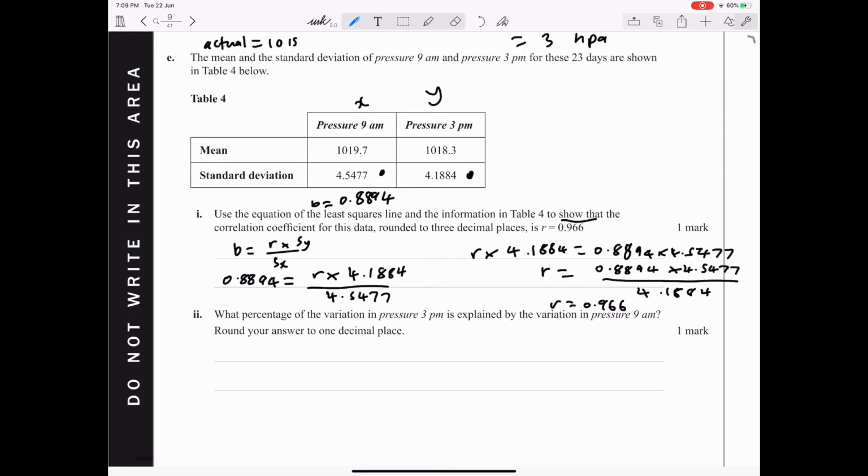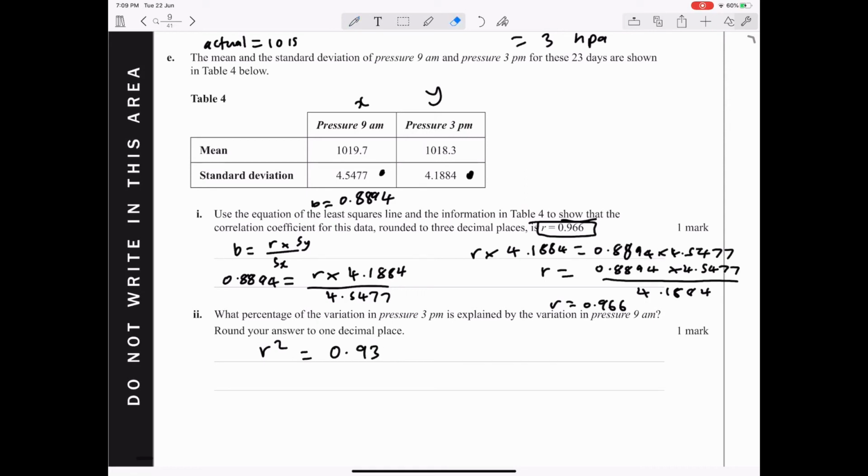5 EII. What percentage of the variation in pressure at 3 p.m. is explained by the variation in pressure at 9 a.m.? Round your answer to 1 decimal place. So this question is asking us to find the coefficient of determination as a percentage. The coefficient of determination is the R squared value. So all we need to do is square the value of R, which we have given to us in the previous question. So if you put that on your calculator, you'll get